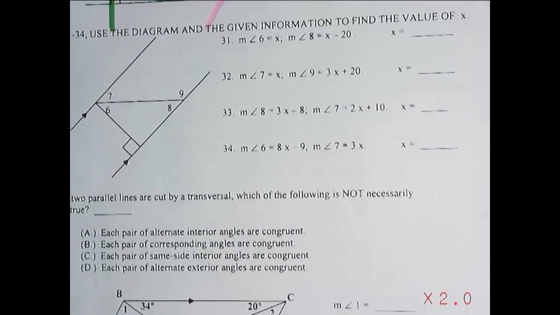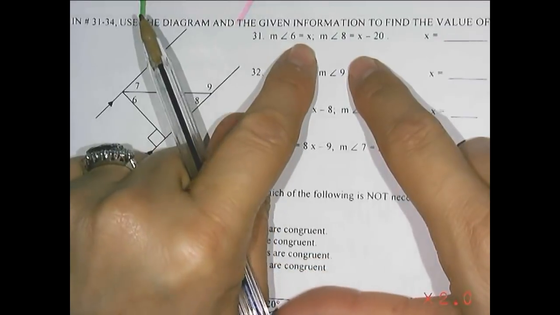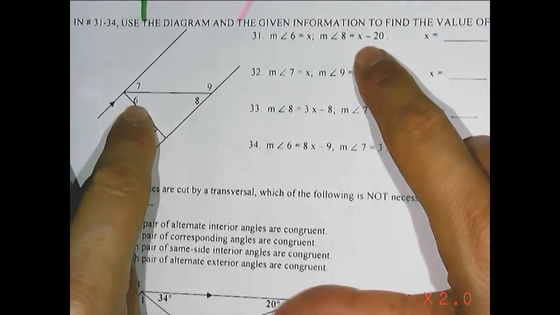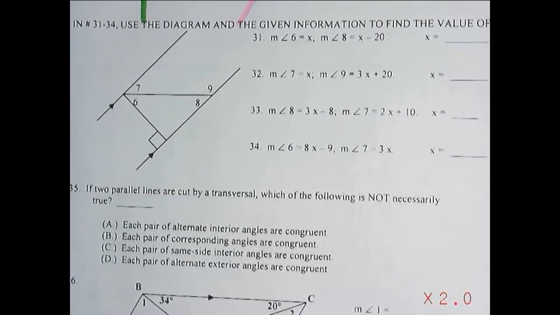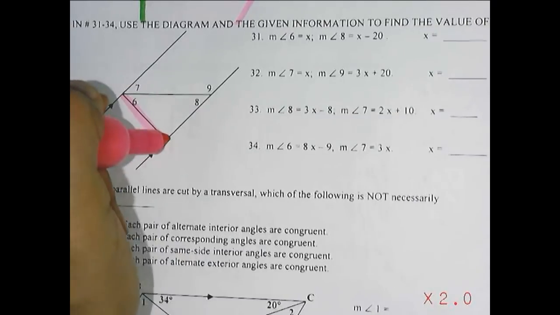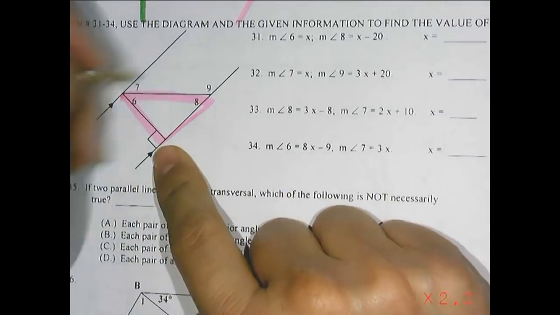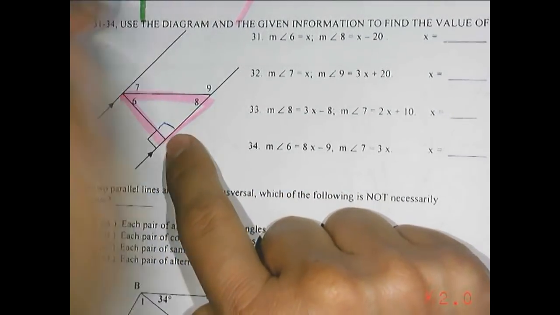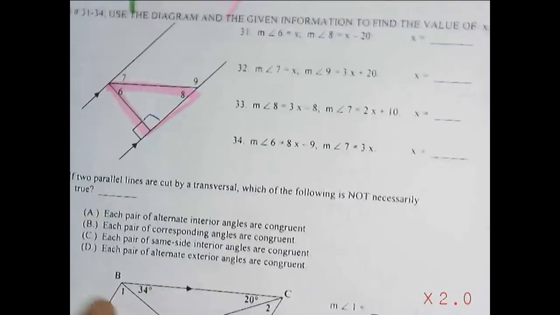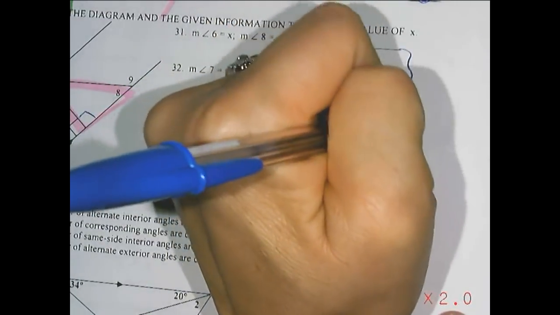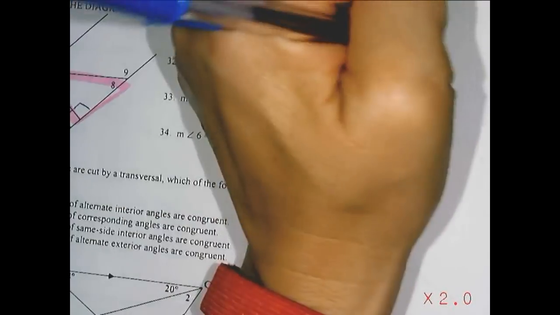Okay, let's move on to this problem. It says that angle 6 equals x, and angle 8 equals x minus 20. Well, this is a triangle right here. So what I would do is I would highlight it to let me know that it's going to add up to 180 degrees. I know that this is 90, so I know this would be 90 also because they form a straight line. So I'm going to work on this one first, and I'm going to add what they gave me, 90 for this angle, plus x